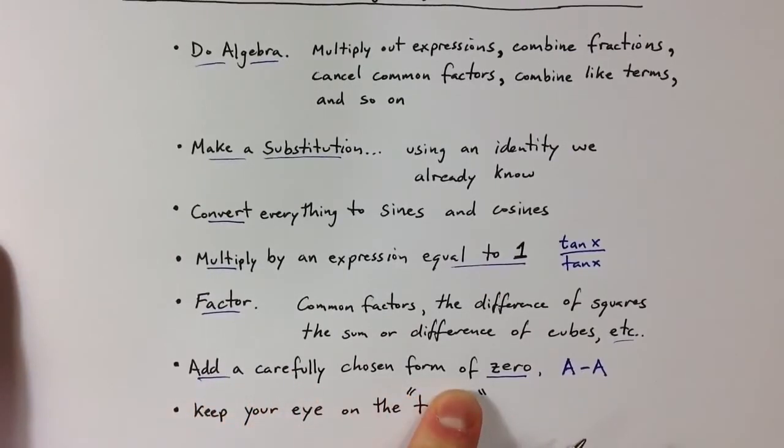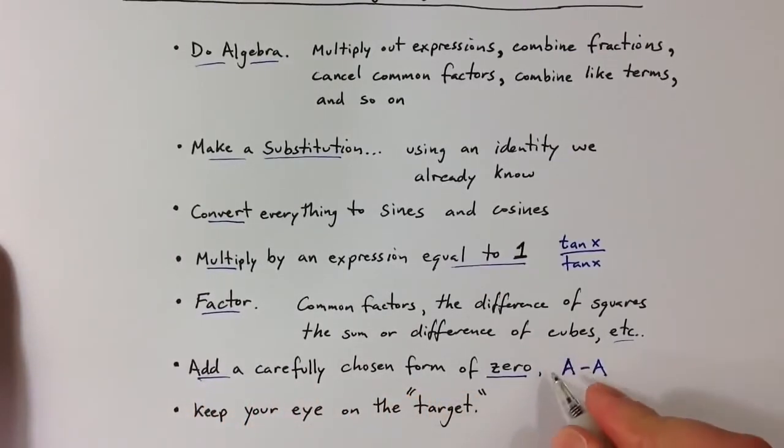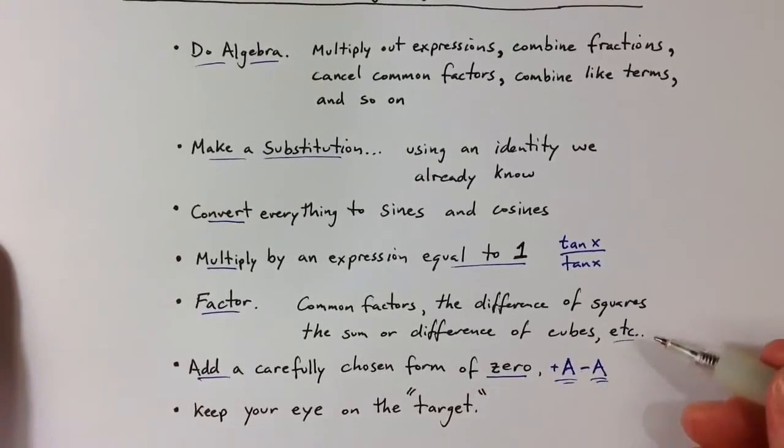Something that is a little hard to see, but sometimes it's very useful to add a specially chosen form of 0. So if I add an expression, like a representing some expression, if I add an expression and then subtract it as well, it can sometimes set up an algebraic factorization or something else that can help us move along our